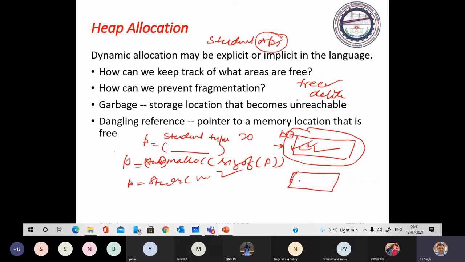If you don't delete or deallocate the memory allocated against the pointers, then that will create garbage.